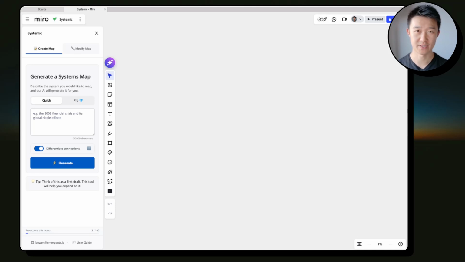Hi, I'm Bowen, the creator of Systemic, which is an add-on to Miro which allows you to build and expand on systems maps using simple natural language. Systems maps are a powerful way to understand and deal with complexity so you can act with more awareness and